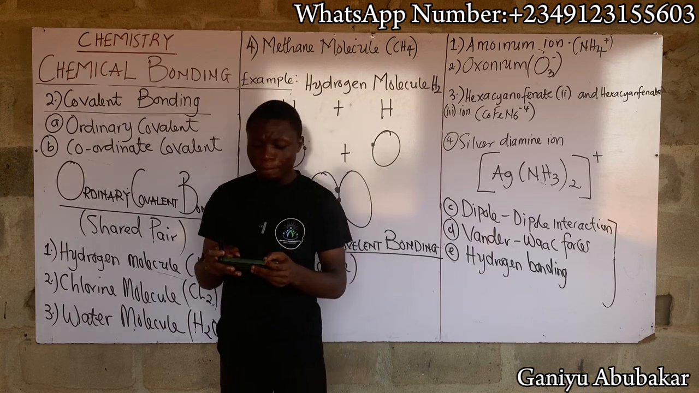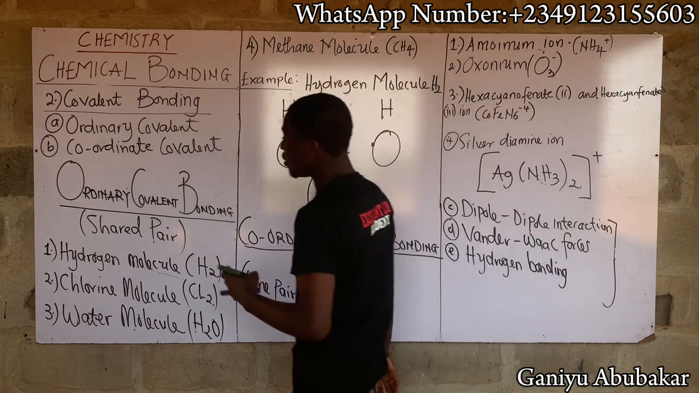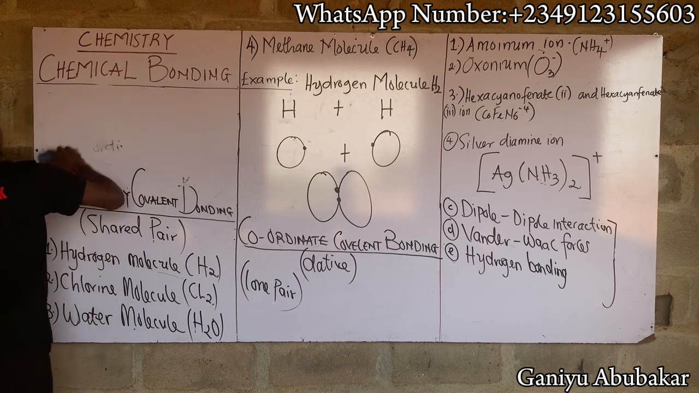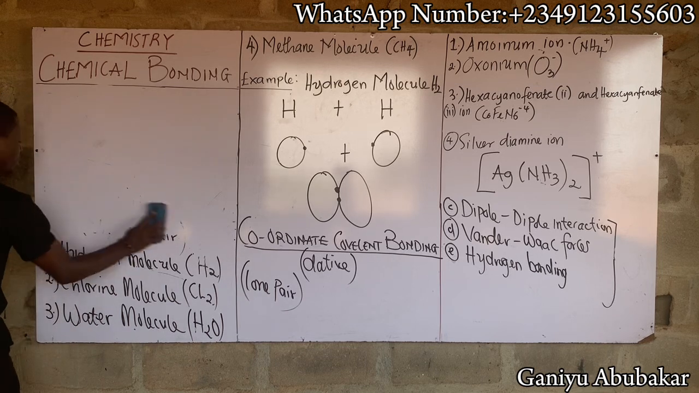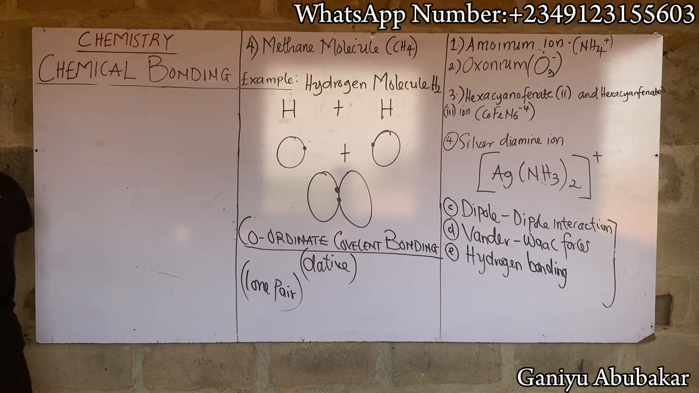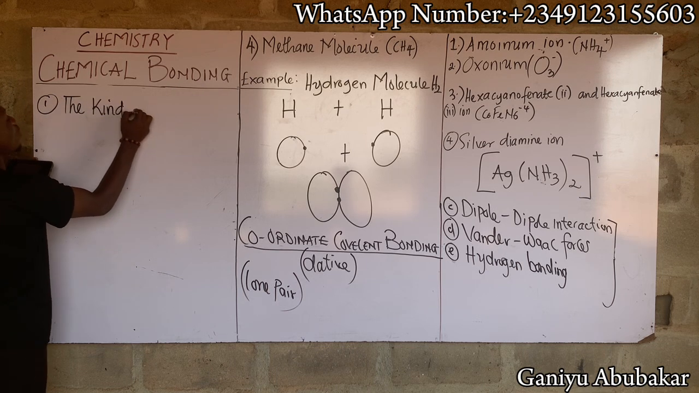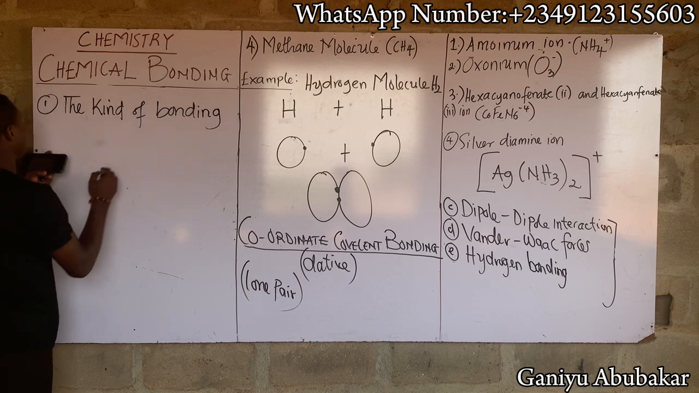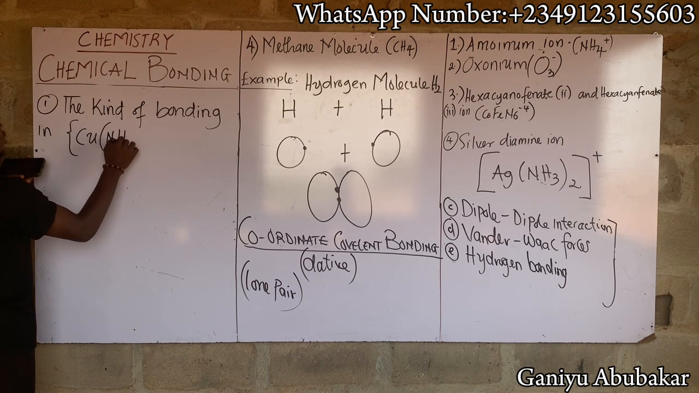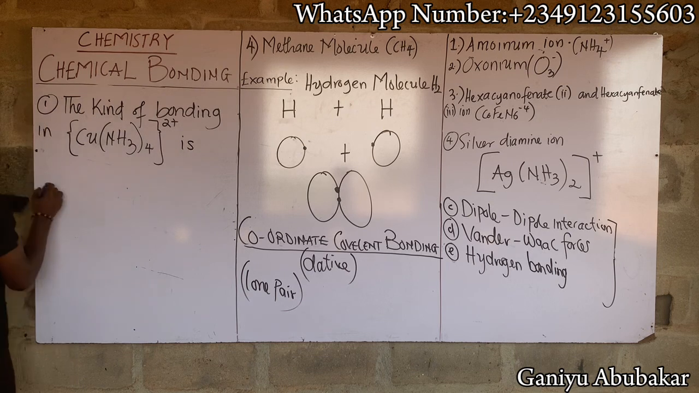JAMB past question, year 2012, says that number one, the kind of bonding in Cu(NH3)4 2 plus is